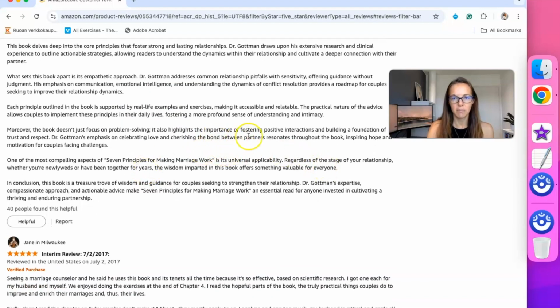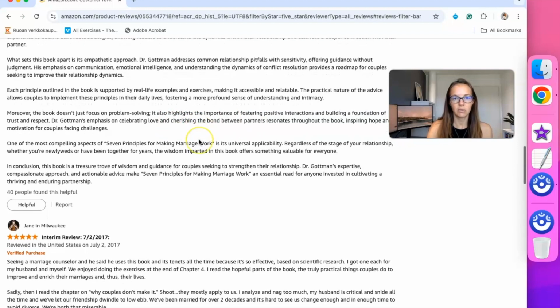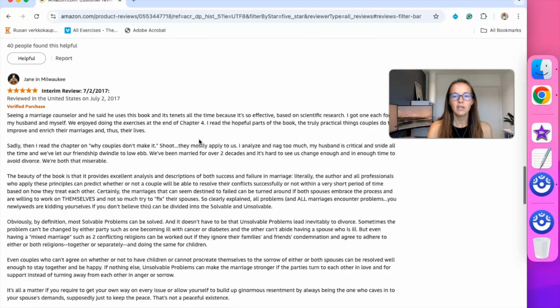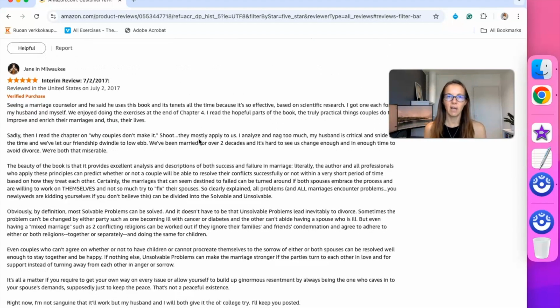The bond between partners. Maybe that's a word people use, terminology. My bond with my husband, my bond with my wife. I wish it was stronger. So go through the comments and try to find the language they're using, but also look at what they appreciate in the books or in the stuff they're learning that made them feel comfortable, that made them like this author, and those types of things. I think it could really help with building your content in such a way that is appealing to your clientele